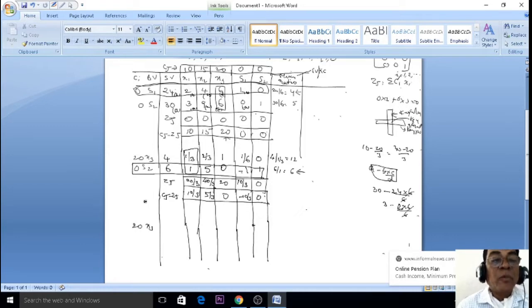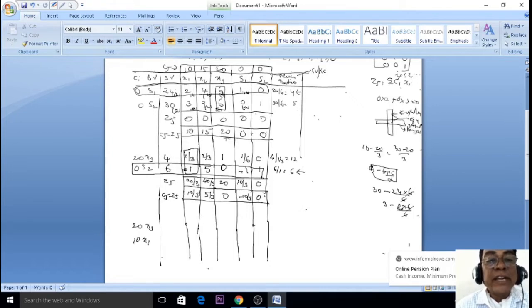What are the main points? You have to change the values first in the key row and key column. So here is a key element. This key column and key row intersect here. What are the corresponding values? 10x1. There is no key row here. So take this key element and divide it into all elements present in the key row. Take these key row values and divide them by the key element.